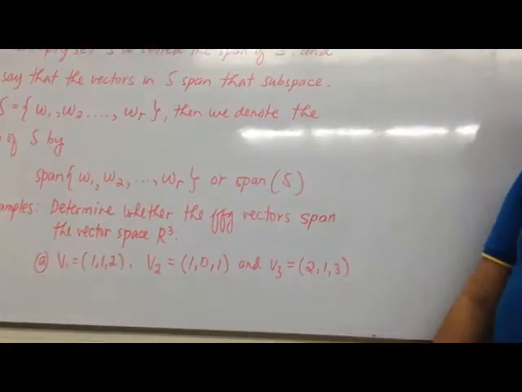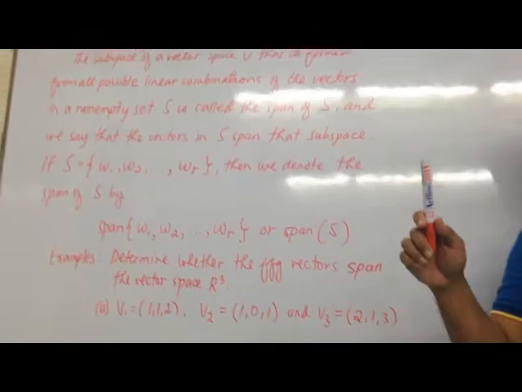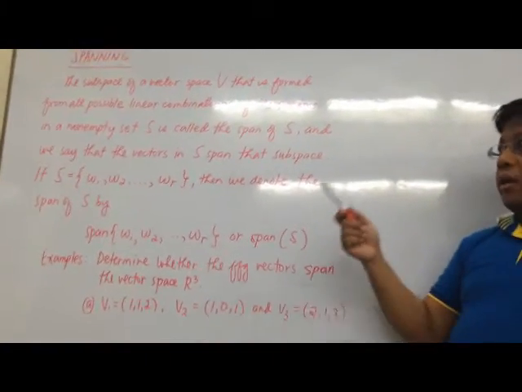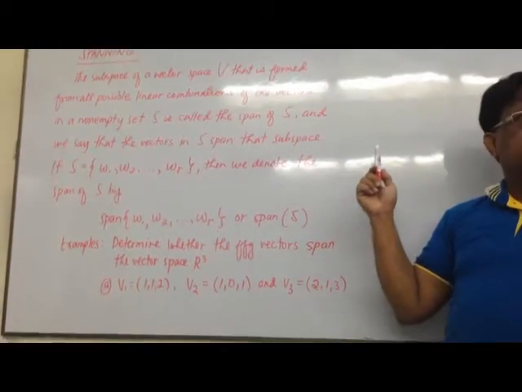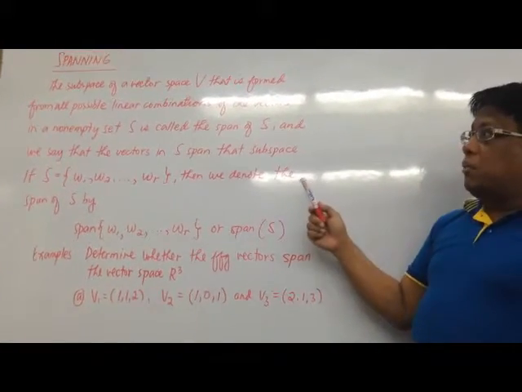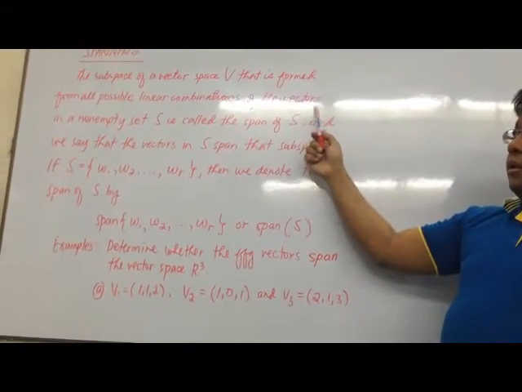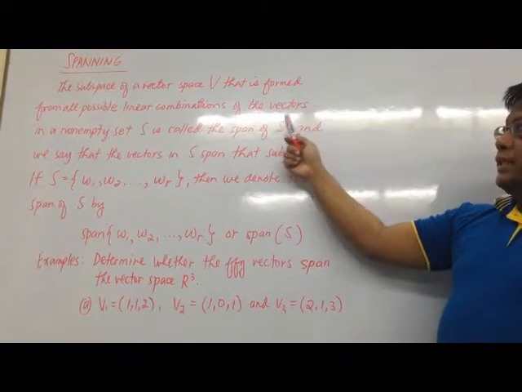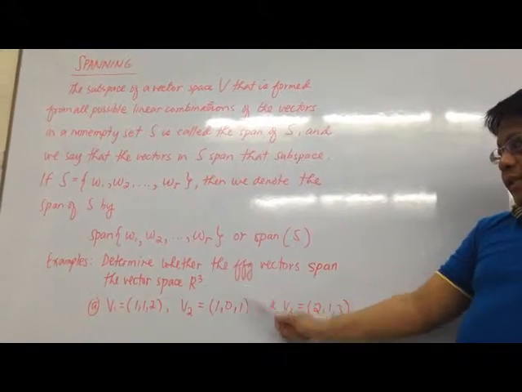Okay? So, in other words, class, there will be spanning if you have a linear combination. Just like if you're going to relate our lesson on spanning to our previous lesson, that is, if we have a linear combination of a given vector, class, then we say that that set will span, or it will be spanned by this vector. Okay? So let us have this example.